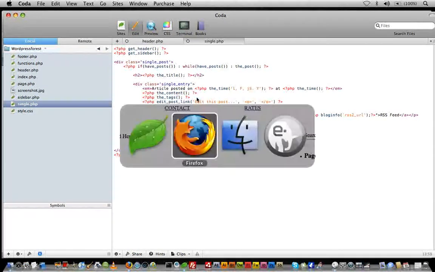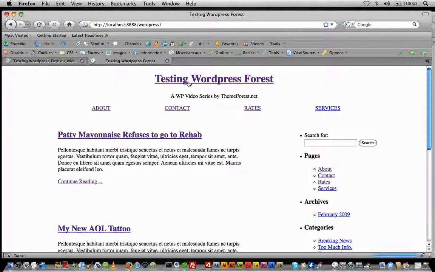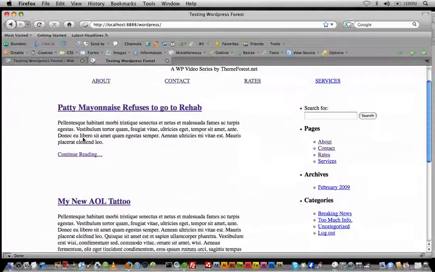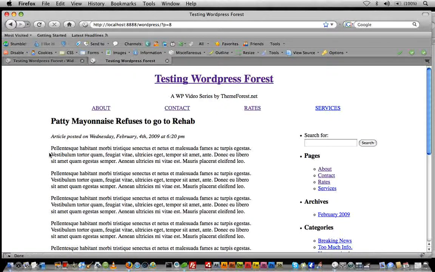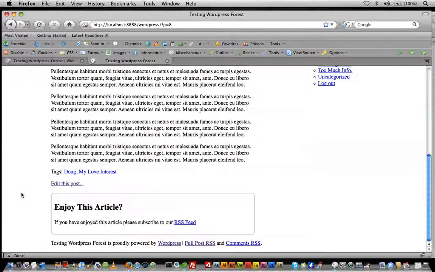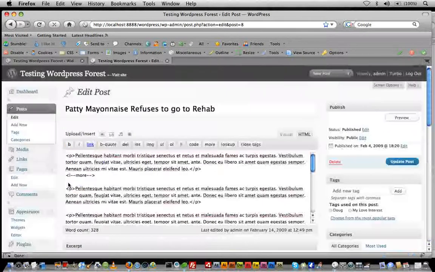And we'll save it. And now if we go back home and then click on an actual individual post, about the horrible story about Patty Mayonnaise, and we scroll down, we can see that we have the admin edit this post link since we're logged in, and if we click edit this post, we are brought immediately to that post,